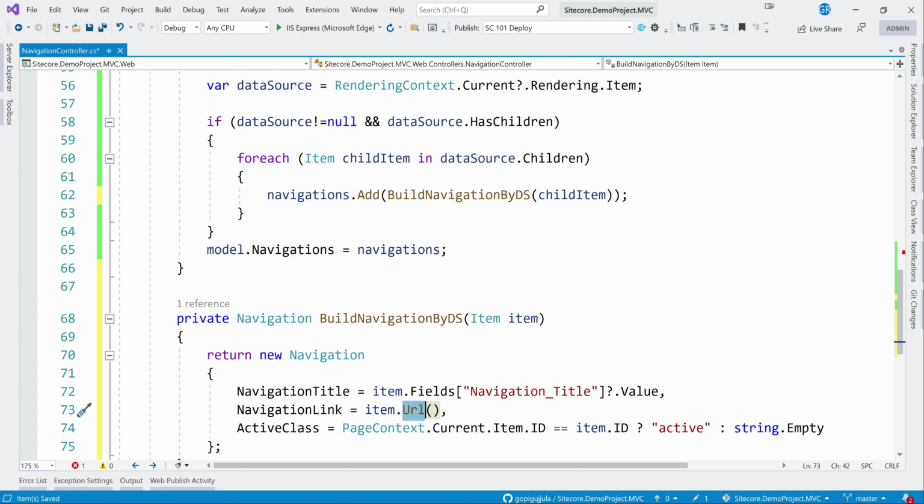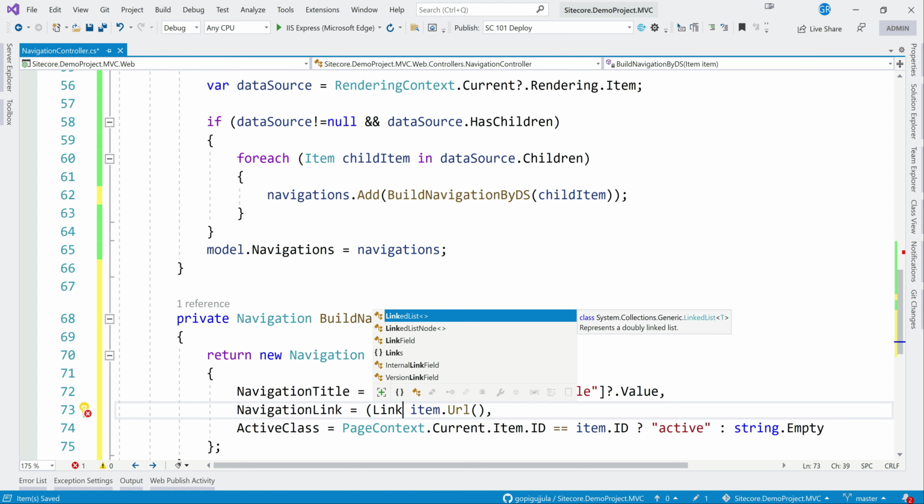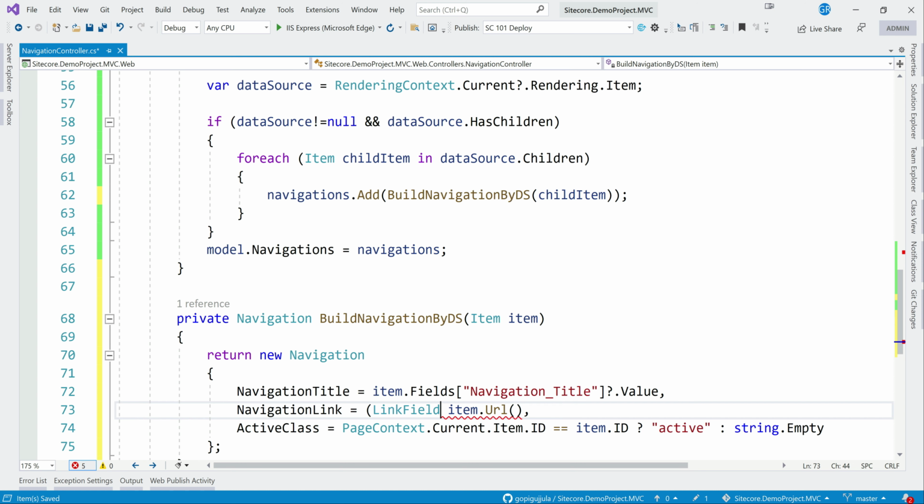So for this, there is something called a link field. Link field is part of Sitecore data fields, item dot fields, that would be navigation link, and this would be a link field, get friendly URL.